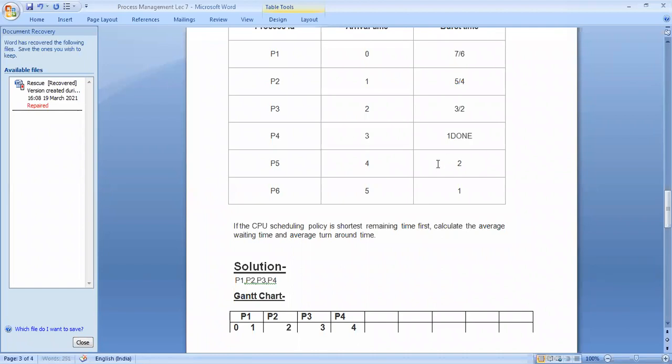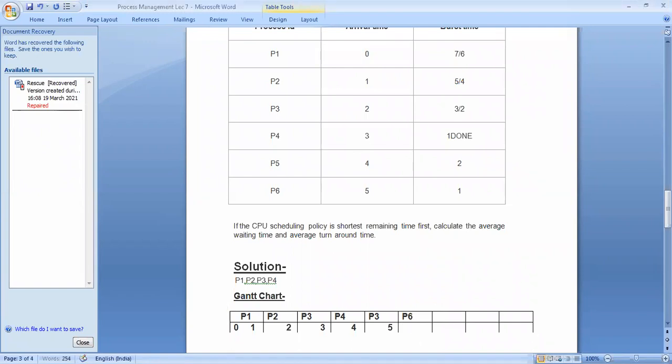Okay. So now after 4 milliseconds, another process is ready in the ready queue, P5. But which process will execute? P3. Why? Because we check the process ID: P3 came first, then P4. P3 and P5 have the same burst time, but the P3 process will execute first. Now P6. Which process will execute now? P6, because its burst time is less. I think time is up.